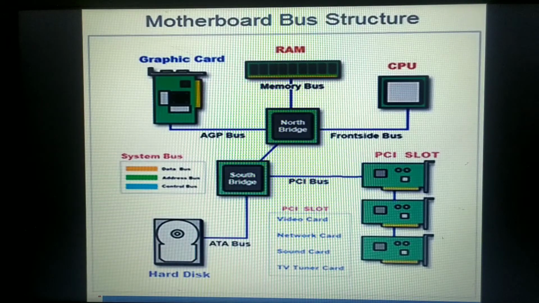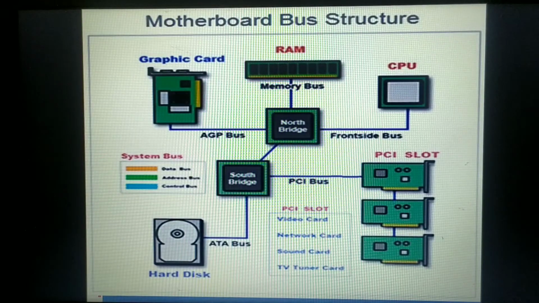So this was all about the chipset. Just in summary, there are two types of chipset, that is the north bridge and the south bridge. Both are responsible for data transfer between the various components on the motherboard. Usually the north bridge will handle the higher components like the CPU, RAM, AGP or the PCI slots. Why do we call them the higher components? Because they are extensively used for computation purposes.